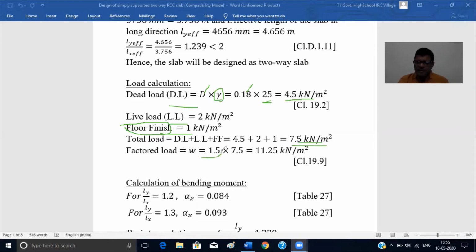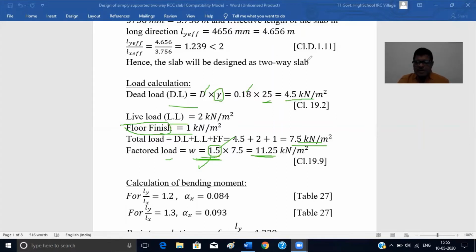Again you multiply the load partial factor of safety for load, 1.5, and you can see again in the code, page number 68, perhaps you can see where it is given, the partial factor of safety for loads. So you multiply 1.5, you will find this value. So you have to design for this value. Once you multiply 1.5 here, don't again multiply 1.5 for shear and bending moment, because once we find the factored load, then we will find the factored bending moment and factored shear.